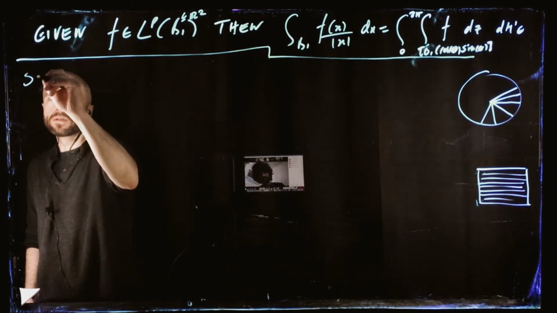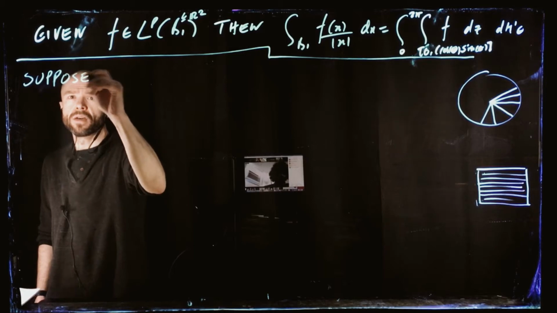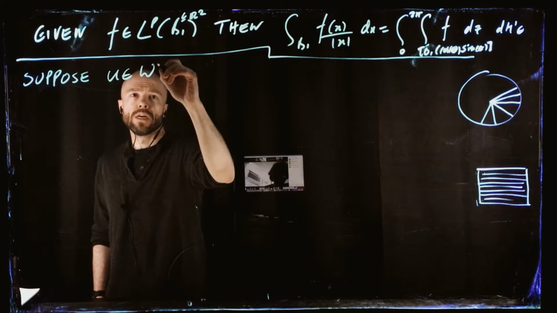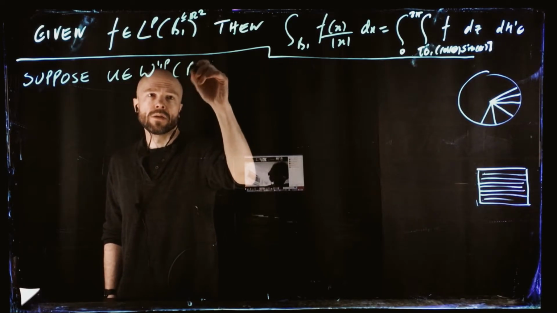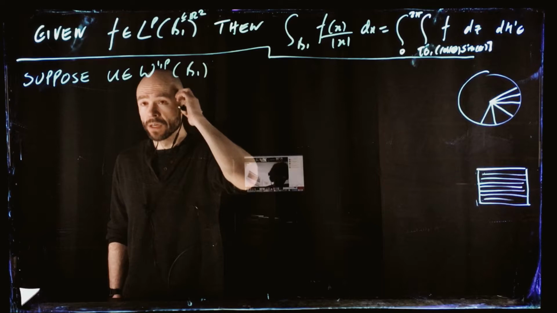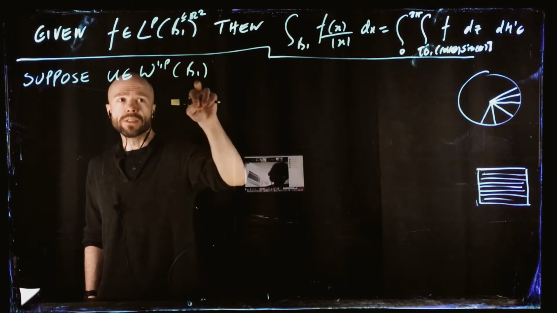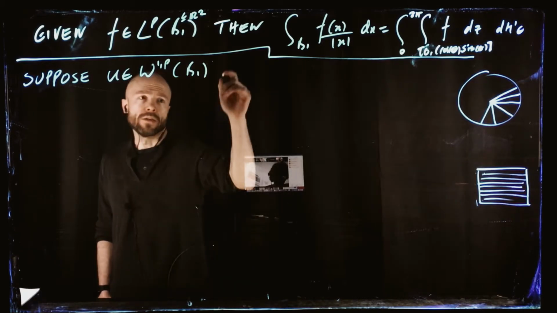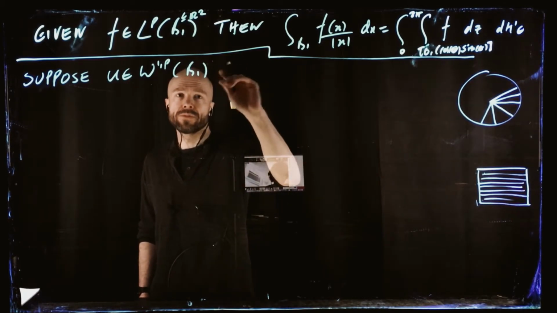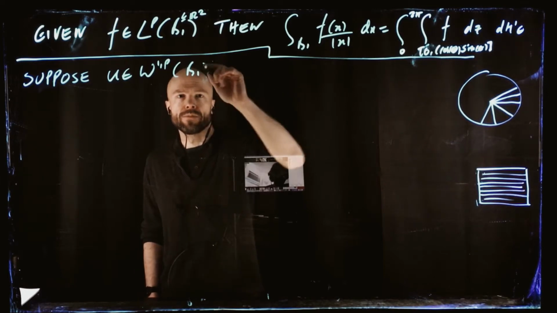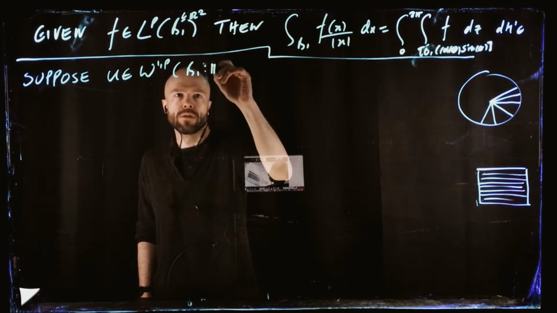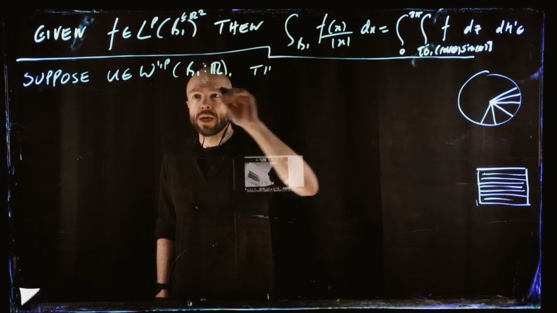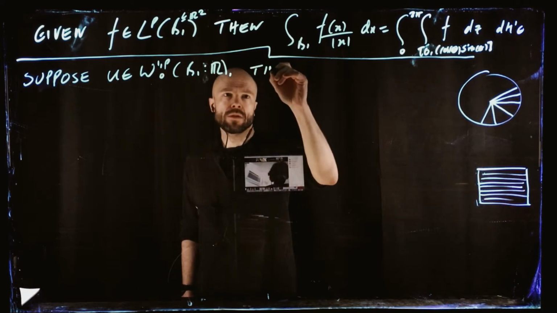Suppose, again, we're doing everything in R^2. Suppose we have a function u belonging to W^{1,p} of the ball like this. And u is scalar valued. Often u is vector valued, but in this case it's just taken to be scalar valued. And we want it to have 0 on the boundary. Then,